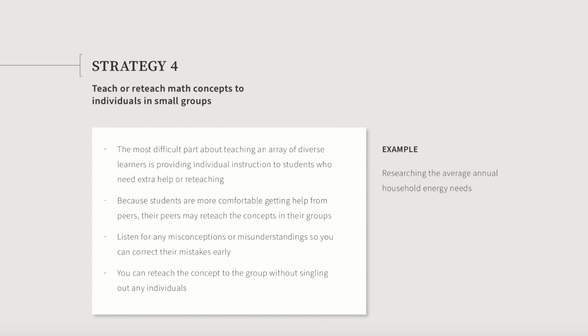They will also need to calculate how many sunflowers it would take to create that much oil and how much land is needed. In this example, if students calculate the annual household energy incorrectly, all of their calculations after that will also be incorrect. You have the chance to intervene throughout the process to ensure that the students are arriving